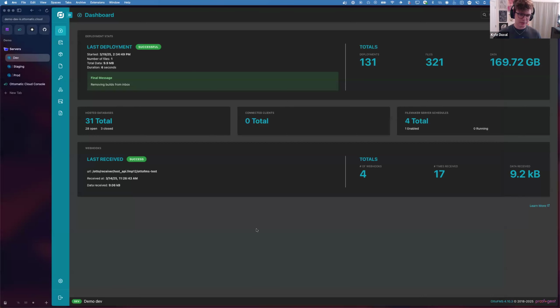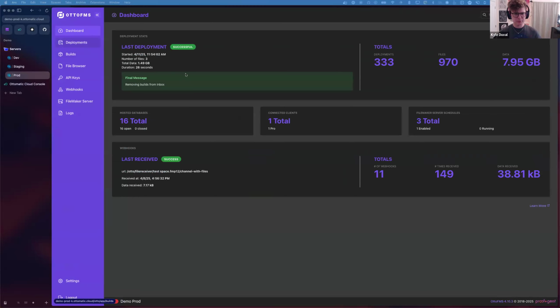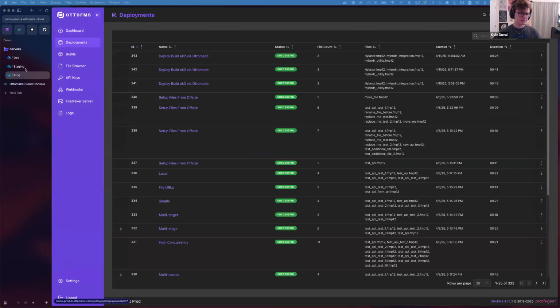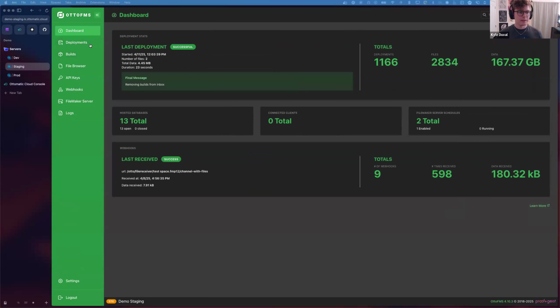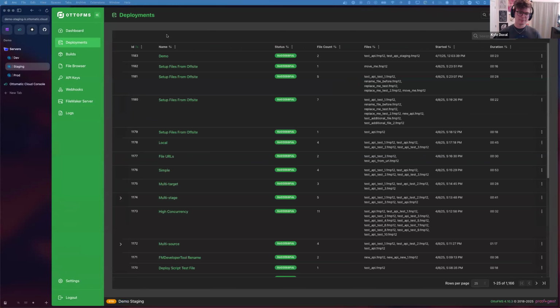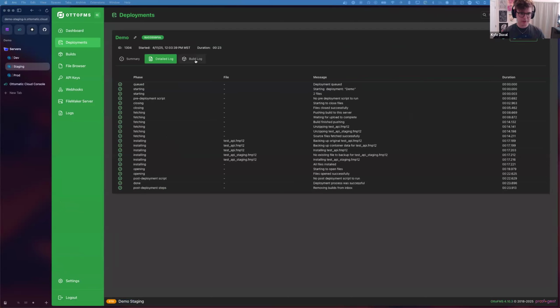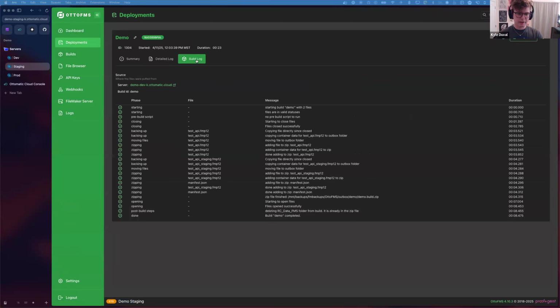I'm going to hop over into AutoFMS really fast, just to show you some stuff. AutoFMS, we talked about this. You can see deployments. We run the prod server, so you can see this deployment we just ran here. Oh, sorry, I deployed to the staging server. You can see this deployment we just ran here in the deployments tab. My staging server is being slow today. But so this demo deployment we just ran, you can see the full log, like we said. You can see the build log that I ran earlier.